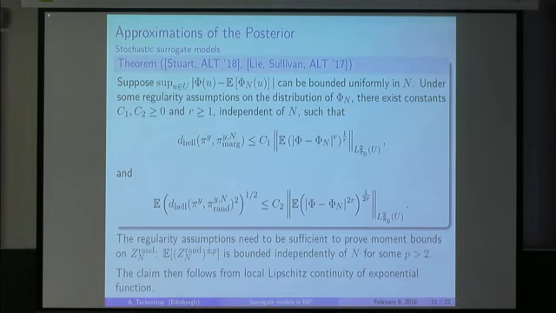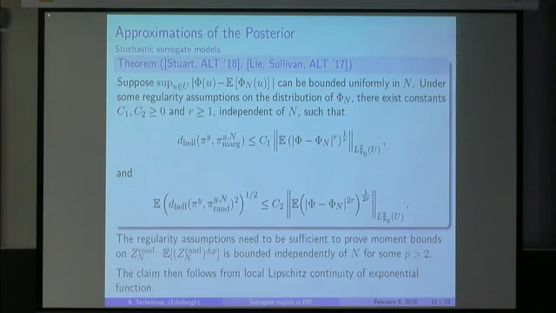Okay, this is a bit vague. If you write down the assumptions, it's a bit technical. But the regularity assumptions that you need are essentially this. You need to have some regularity on the distribution of phi n, which are sufficient to prove moment bounds